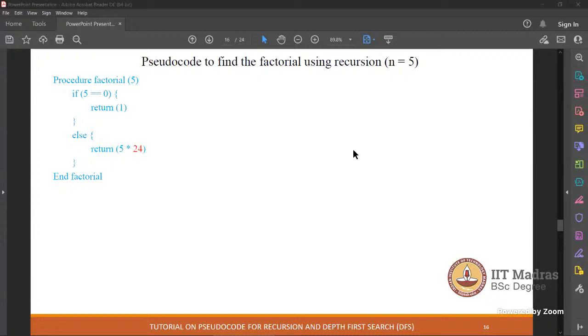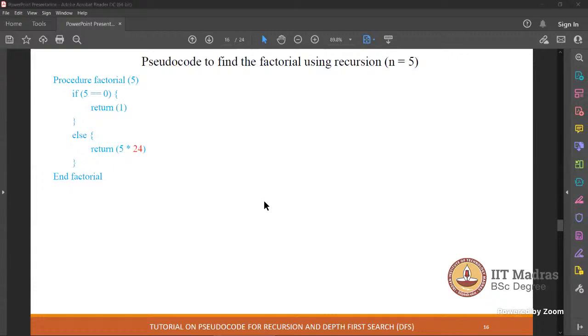Yes, Deepak. Sir, as you say, we should always put the base condition in if. Correct. But if I want to put it in else, and I give the if condition n is greater than 0, then it will return n into factorial of n minus 1, and the else condition returns 1.